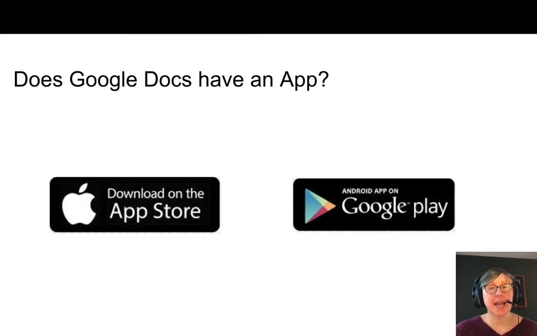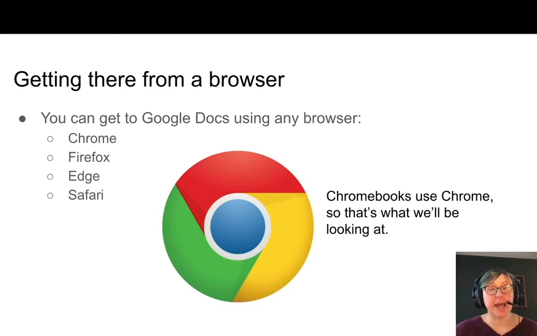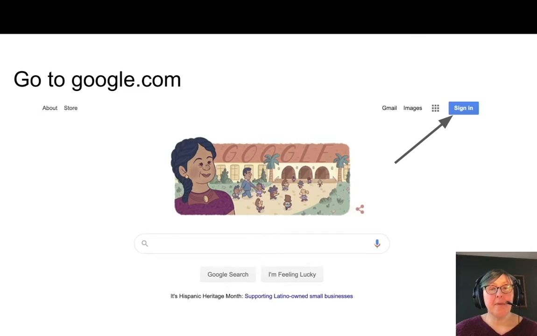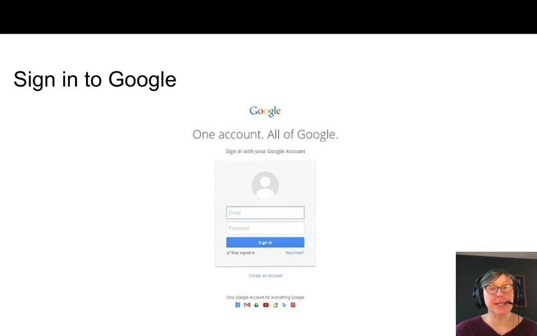Google Docs has an app available for both Google and iOS operating systems if you want to put it on a phone or device other than the Chromebook. You can get to Google Docs using any browser. Chromebooks uses Chrome, so that's what we'll be looking at. You'll go to google.com and you'll click the blue sign-in button on the top right. Type in the student's Mayapack Central School District email address and password,